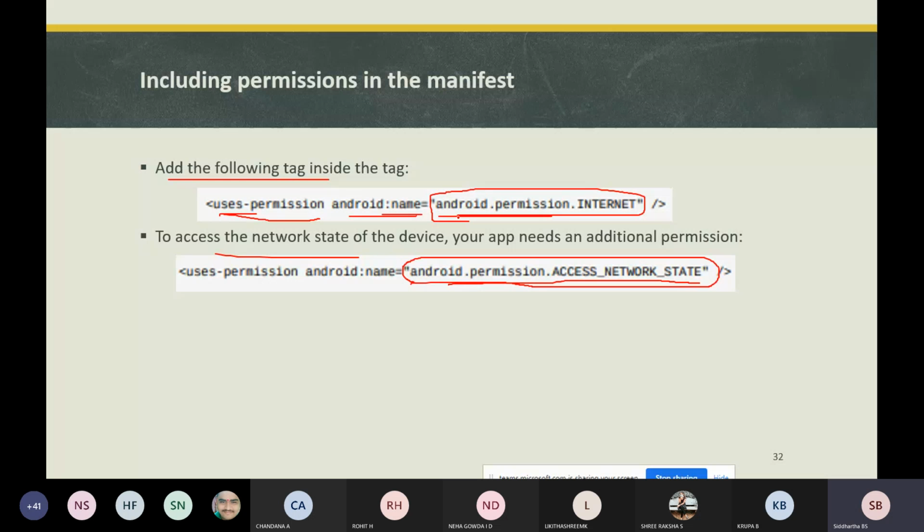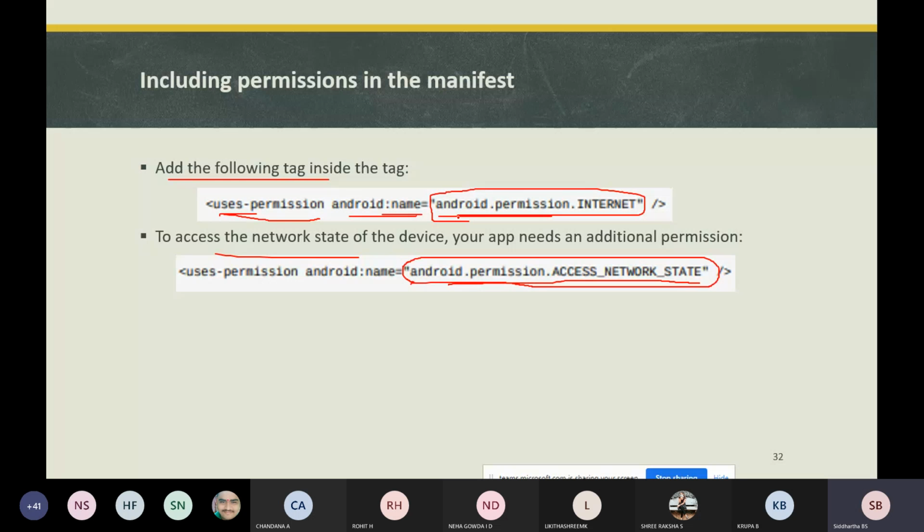After performing the operations, we need to properly close the connection. How are we going to close the connection? We need to call the disconnect method. By this method you are going to close the connection. If you are not properly disconnected, the resources held will not be released properly.